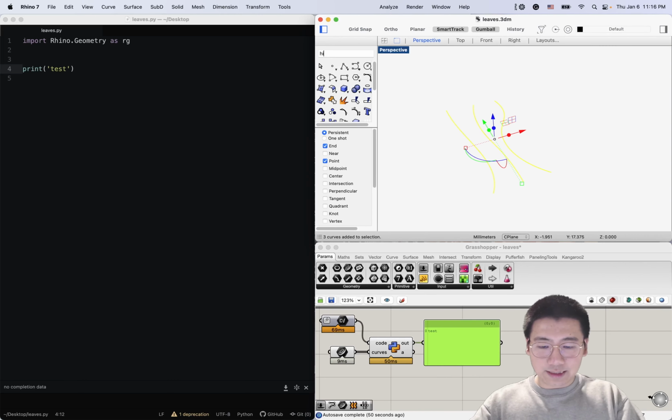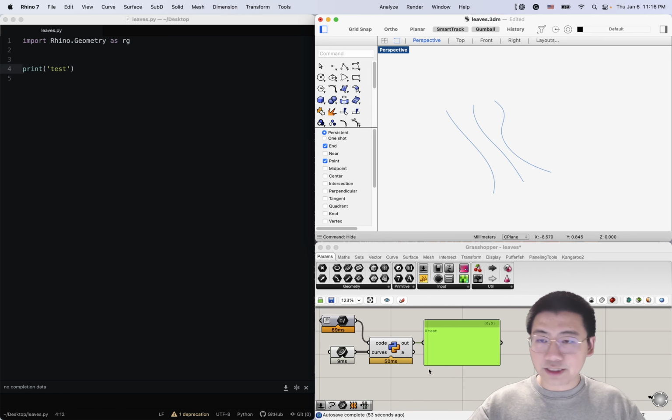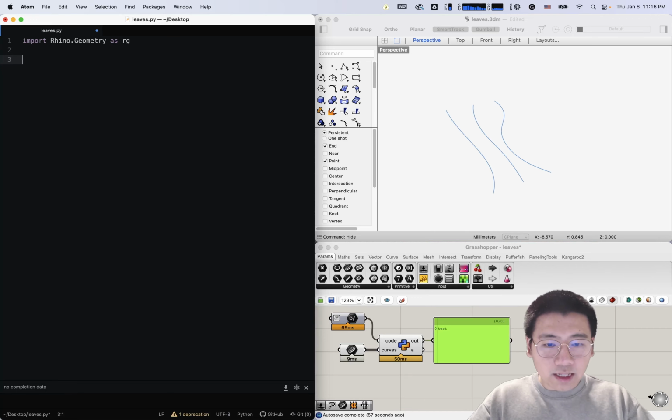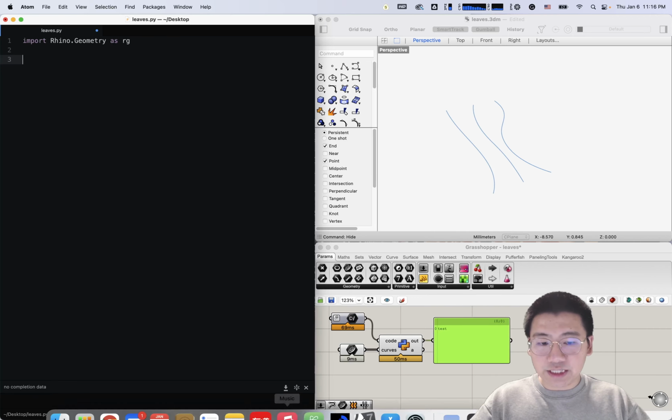So I will hide these original curves and remove this one. So I think the first thing we need to do is